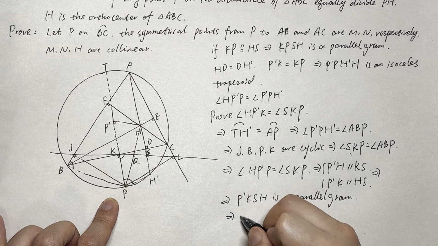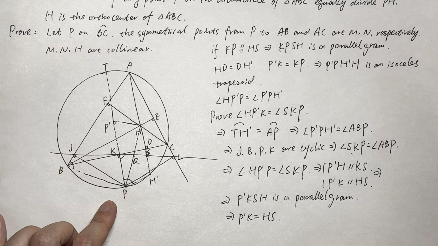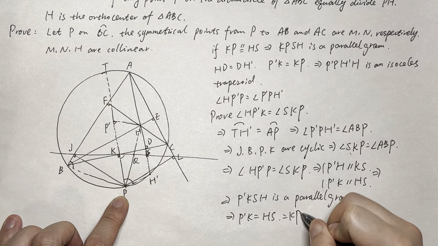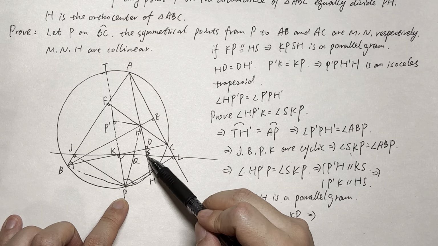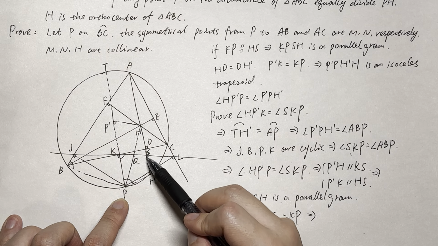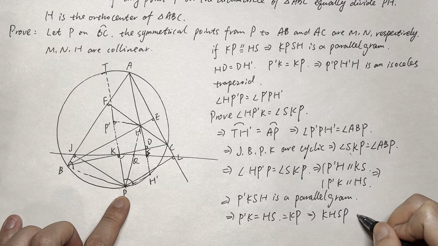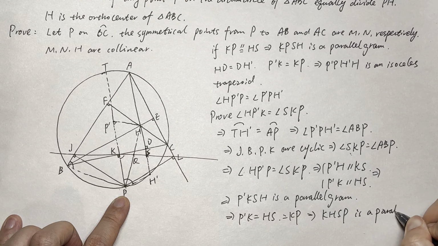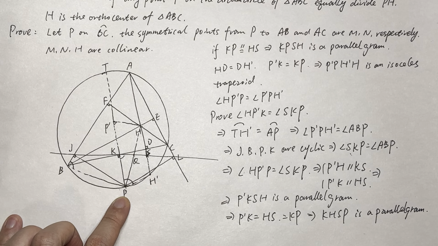That means P prime K equals HS. And we know that P prime K equals KP. So we know that KP equals HS. And KP is parallel with HS. That makes KHSP a parallelogram, right? Therefore,